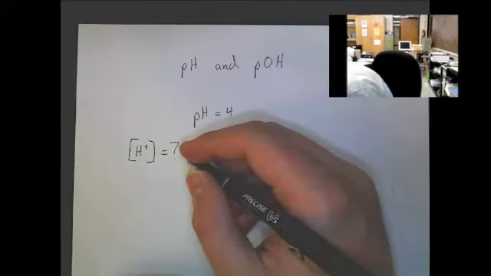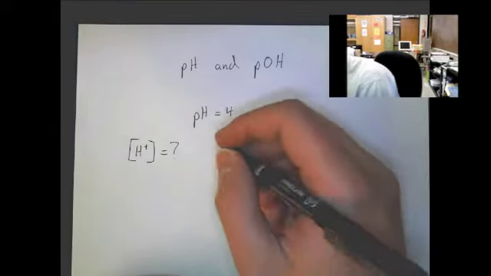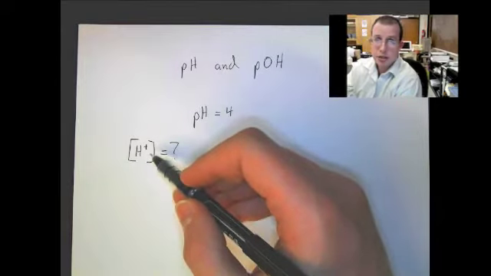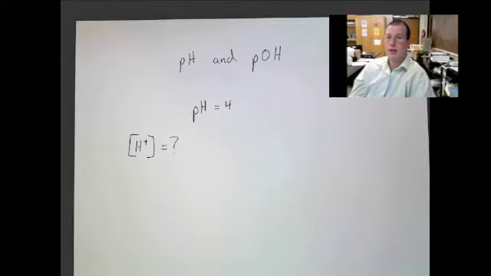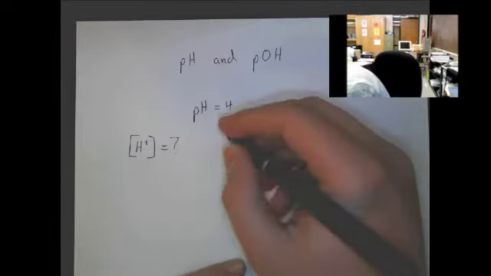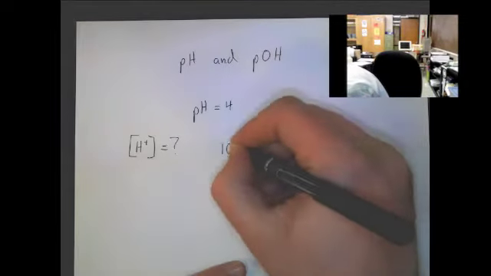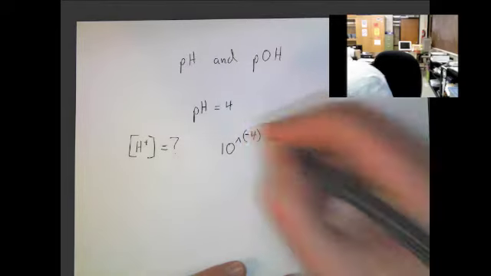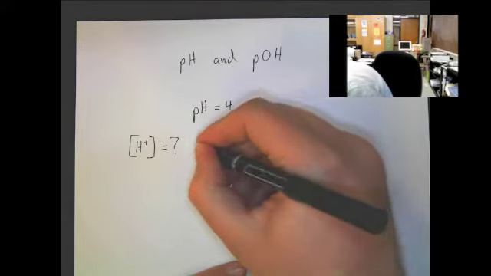Now, all that we're going to do, instead of taking the negative log like we do for the concentration, we're going to take the anti-log. Now, to avoid confusion, I'm going to write it out on here exactly as it appears when you type it into your calculators that we use in class, so that there's no confusion. So, all we do, it looks like this. Okay, if we want to do this, this will tell us the H+